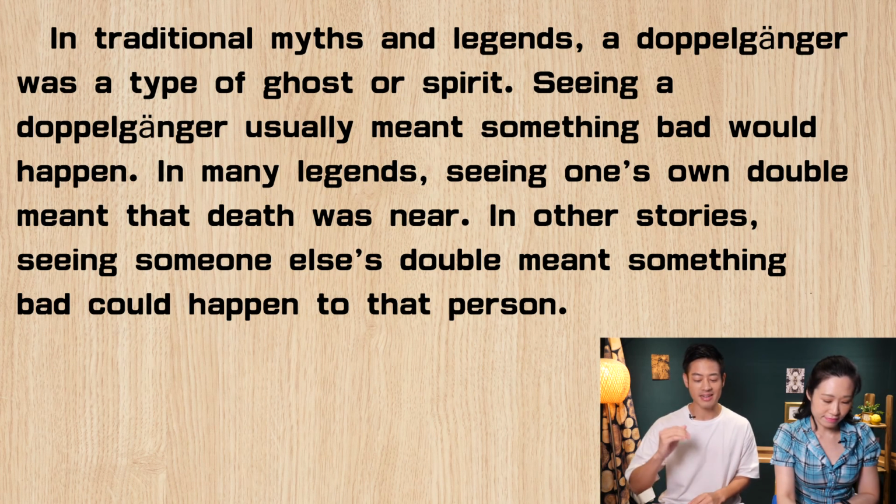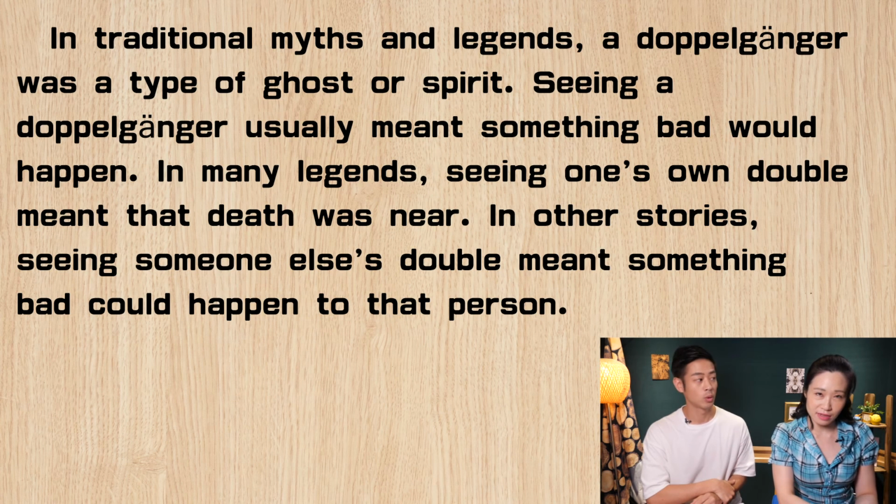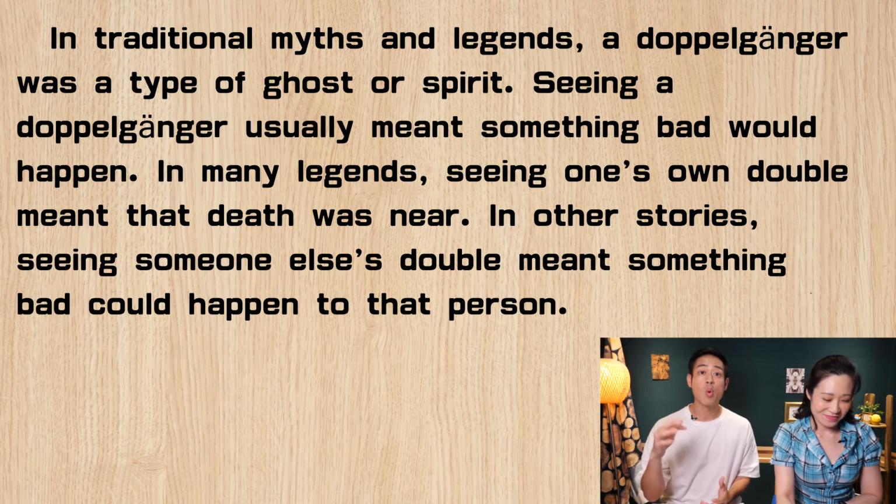In many legends, seeing one's own double meant that death was near. 哇哦，所以同学啊，在很多的传说里面，如果有一个人真的看到了跟自己长得一模一样的分身出现，其实意思就是上天在召唤你了，死期将近了。OK。